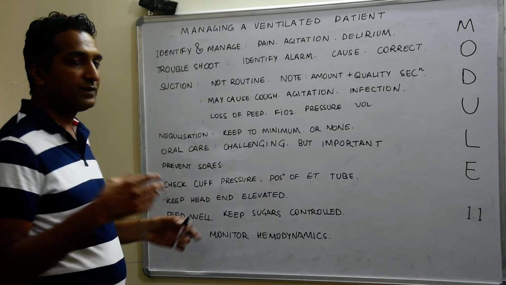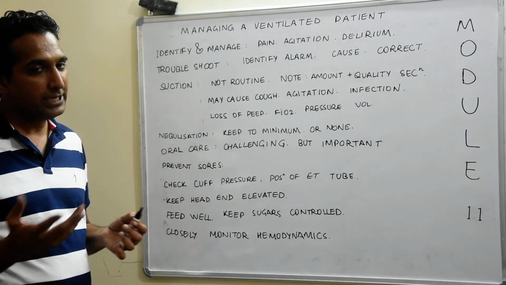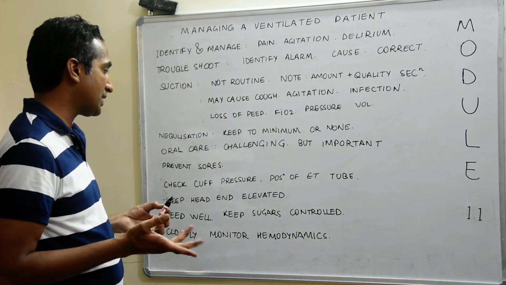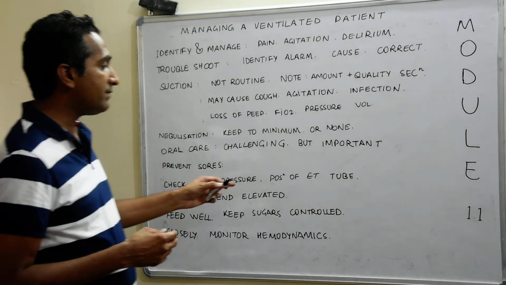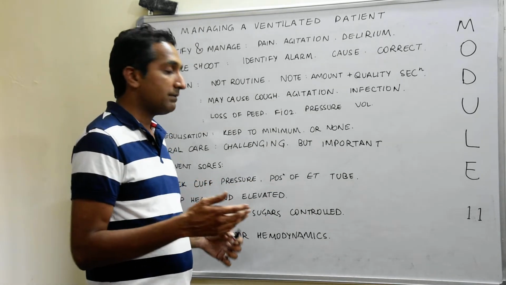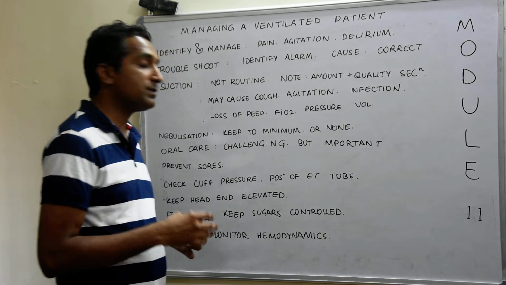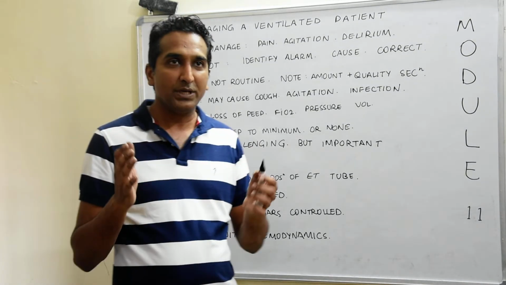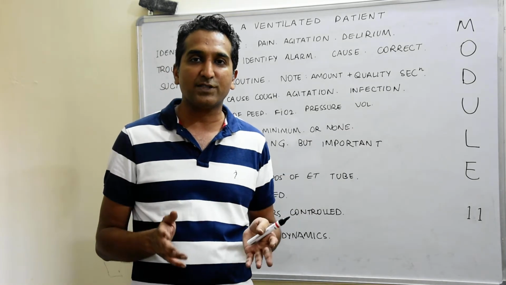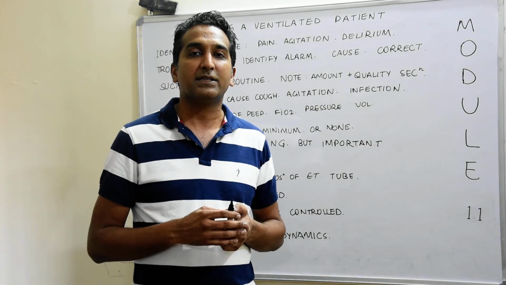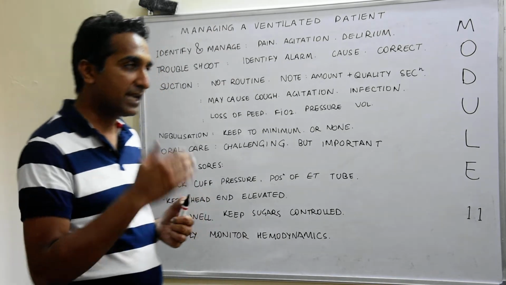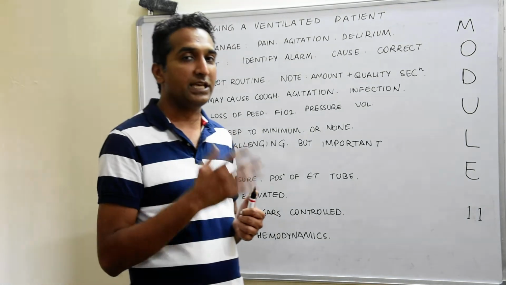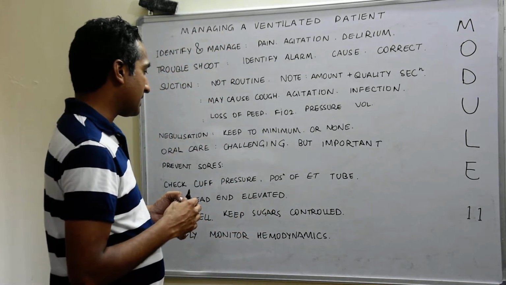Check the cuff pressure of the ET tube or the tracheostomy tube frequently. You can have a protocol of maybe checking it every shift. Whenever you intubate or reintubate, or change the position of the ET tube, just see how it is placed relative to the carina. So you just need to look at the post-intubation x-rays of the patient and identify the position of the tube in relation to the carina. It should be at least more than an inch above the carina.